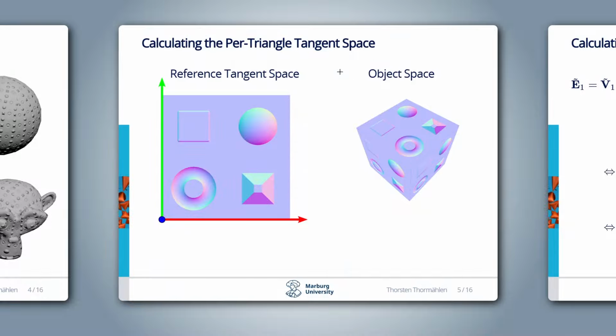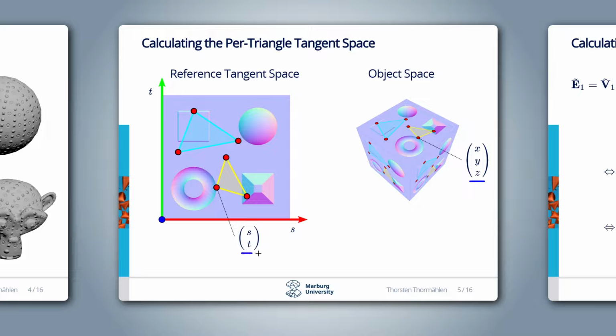On the right you see a 3D mesh in its local object space. The 3D mesh is composed of triangles. For example, I have marked this blue and yellow triangle here. The vertices of the triangles are marked red. A prerequisite for calculating a per-triangle tangent space is that each 3D vertex with coordinates x, y, z has a